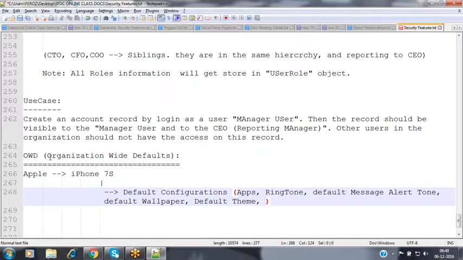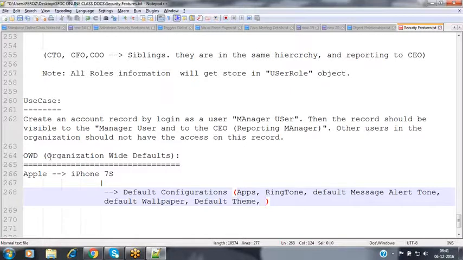Once they have manufactured that product, they specify some default settings for that mobile. Irrespective of the user, the country, or the location, for everybody these same default settings are applicable for the iPhone 7s.